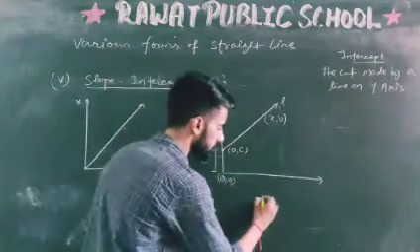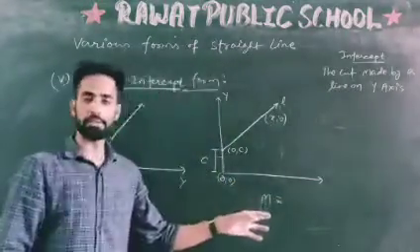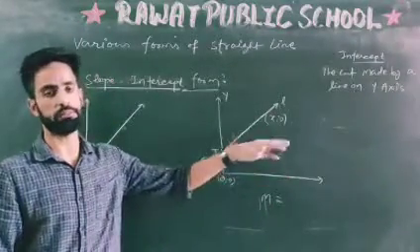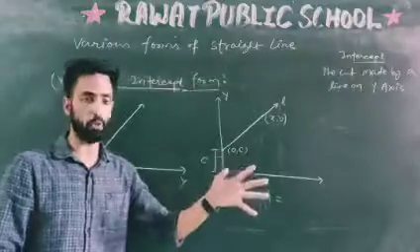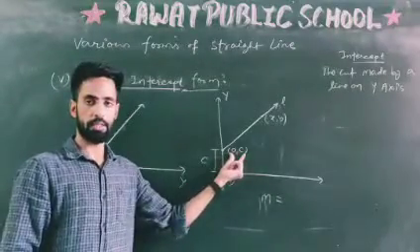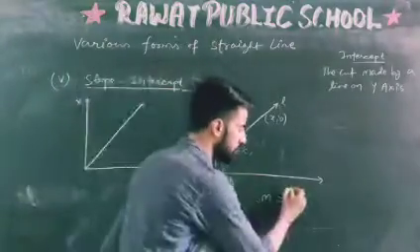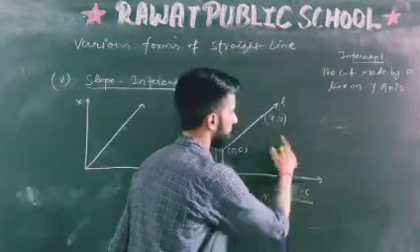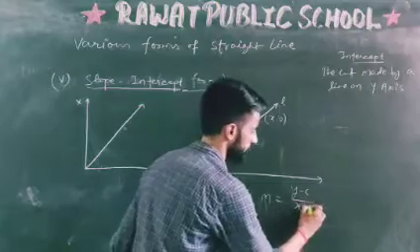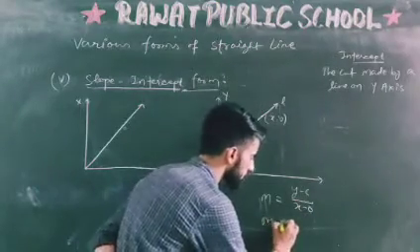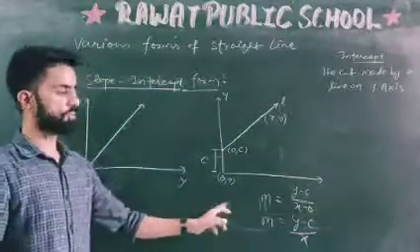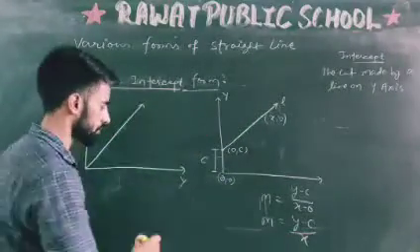The slope is given to us by the angle of inclination. We have the slope and we have the intercept. In that case, m is equal to y minus y1 upon x minus x1, so m is equal to y minus c upon x. If I cross multiply, mx, it will become